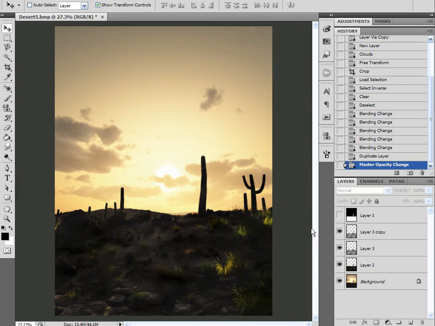So in just maybe 2 minutes total here in Photoshop and only a few minutes in Vue, I was able to take a very simple image and customize my lighting scheme very quickly, very effectively, to give me the results that I want. And the results I'm after are preserving the wonderful sunset that Vue created, while at the same time enhancing and showing off the details of my foreground